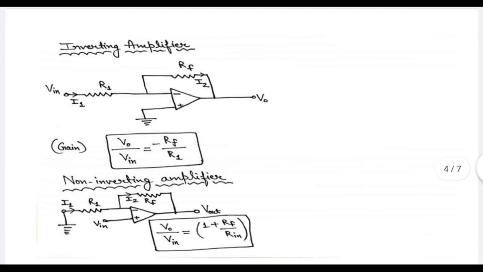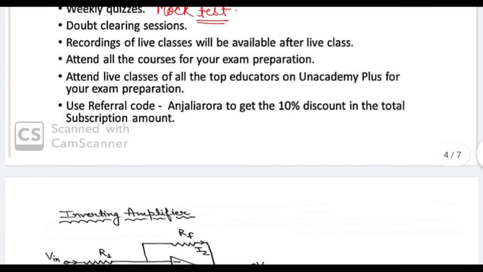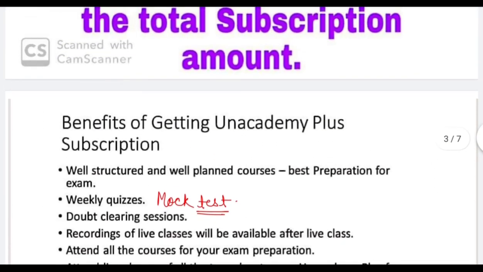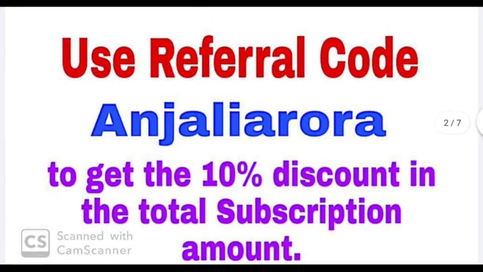These are very important expressions and circuits. What changes you need to make in the direction of arrows in the circuit, I have already mentioned. You can make those changes as per the direction, like in the feedback path, we just provide some part of the output to the input. So if you need to change the arrow directions, you can do that.